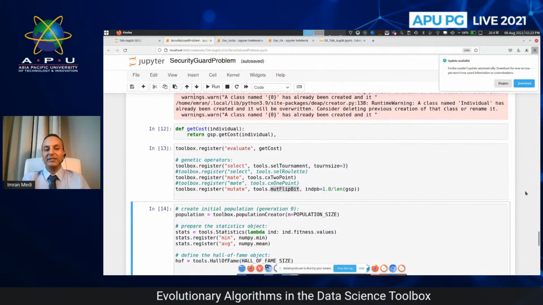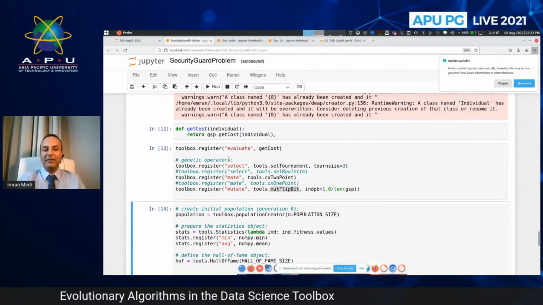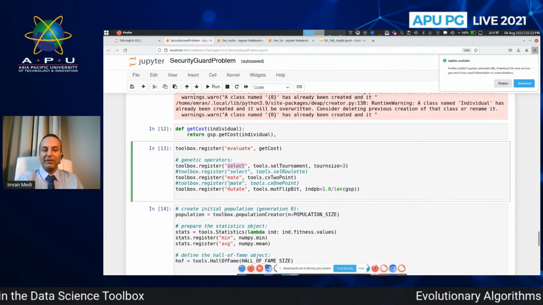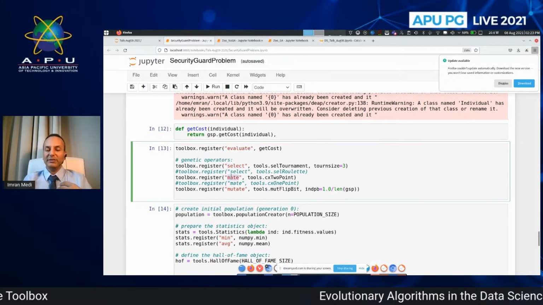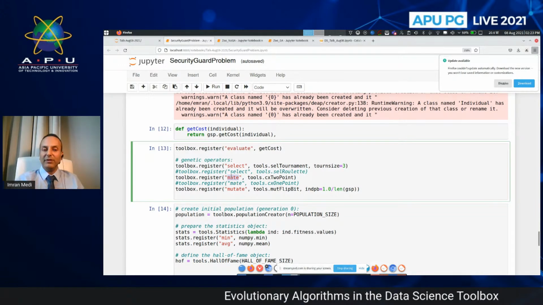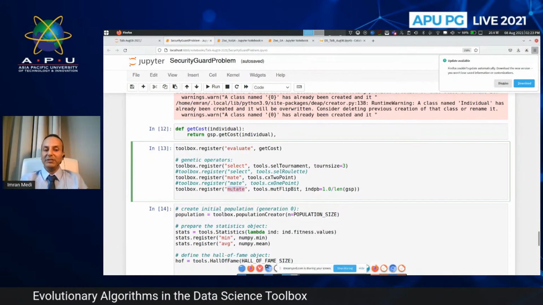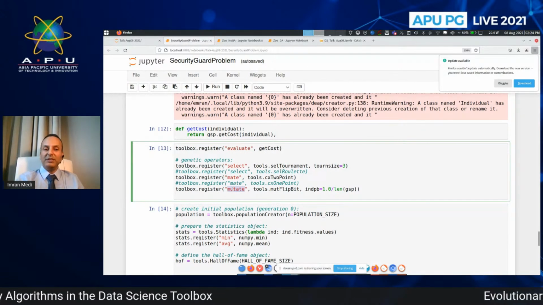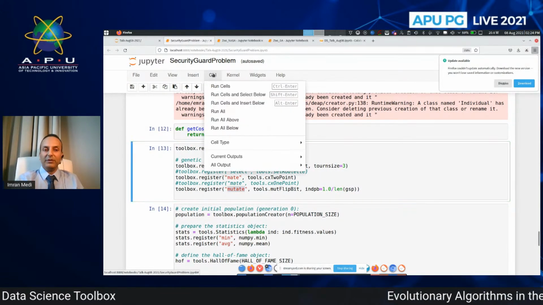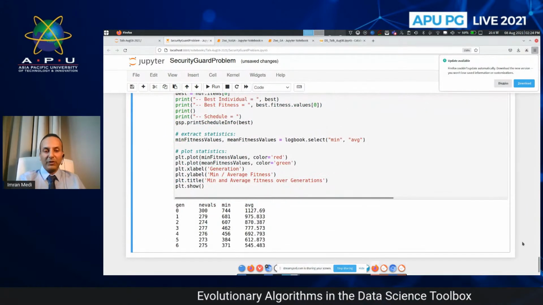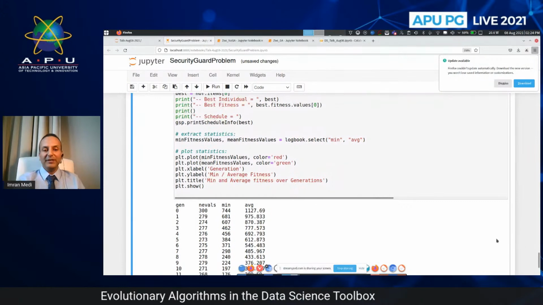we can then apply some genetic operators. So we can think about the selection process: how are we going to select our individuals? We're going to think about that mating process in terms of how we're going to combine their genetic material. And we can think about mutation, the probability of mutation, and how that mutation takes place. And through this particular process, if I were to run this code, eventually, you can see that we're going from generation to generation to generation.